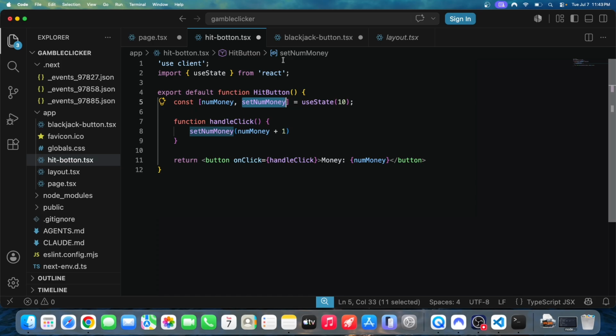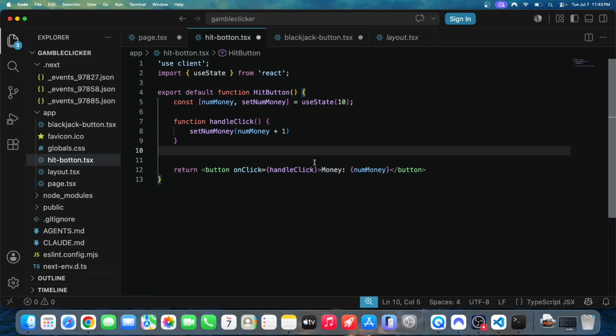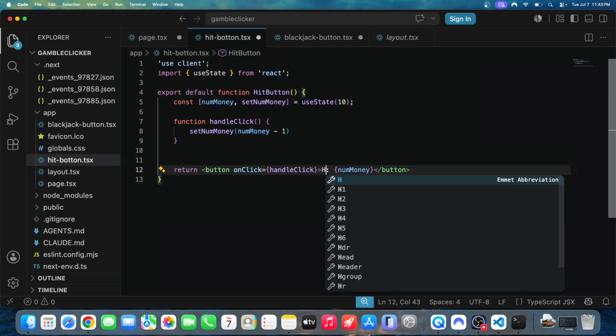Then let's say hit button, all it does is it changes num money. It sets num money to num money minus 1. And wait, we gotta change this to